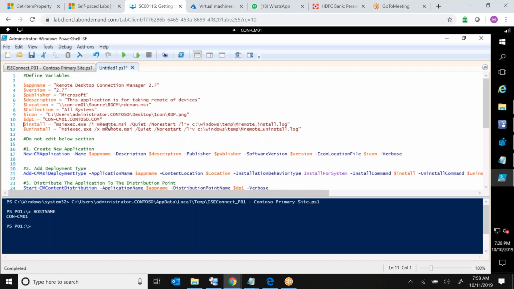Now the install command. As you know, the install command is msiexec /i, and then the file name of the file which we have downloaded, that is rdcman.msi. So copy and put it here. Quiet, no restart, and